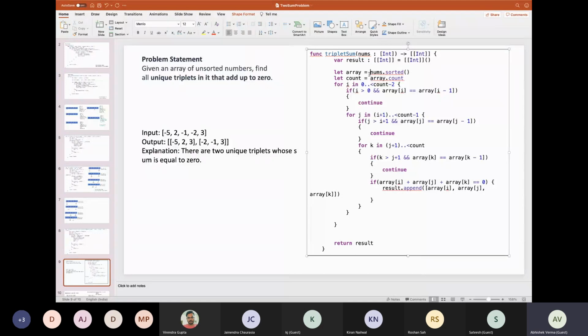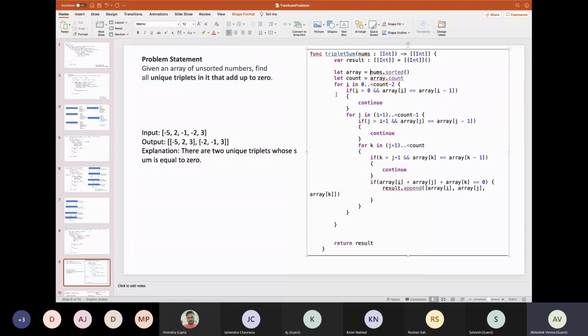After sorting, this becomes -5, -2, -1, 2 and 3. So what we will be doing is placing three pointers, one at 0, one next to the i value, and another next to the j value.